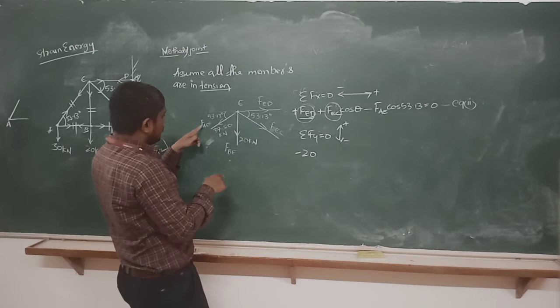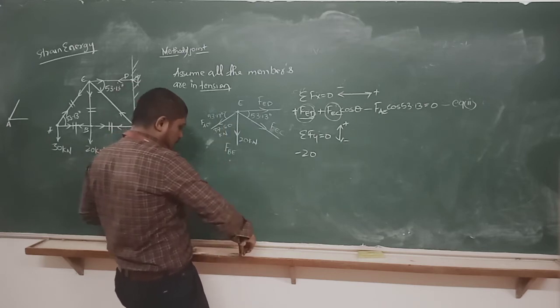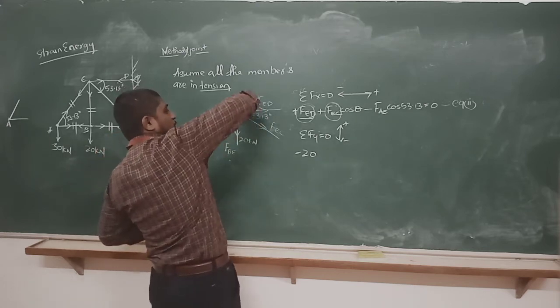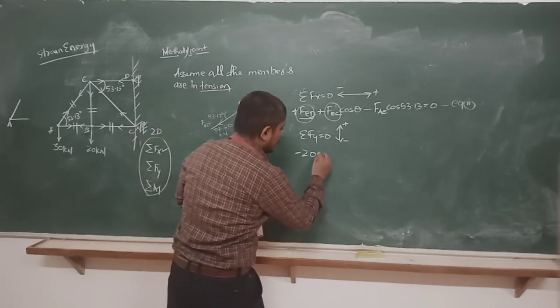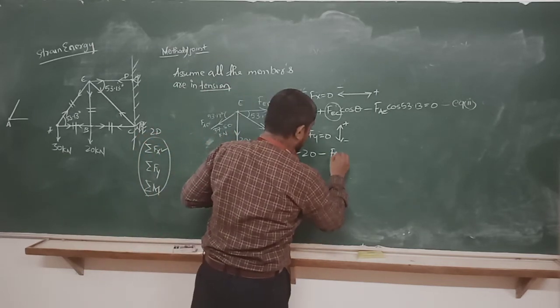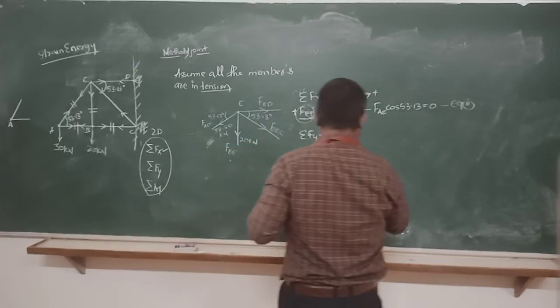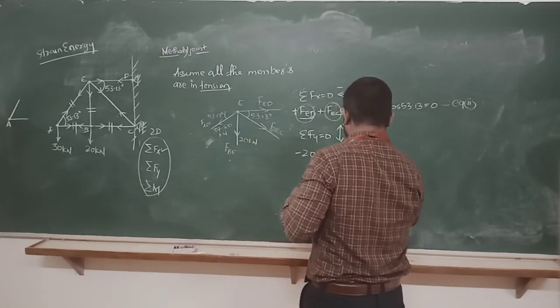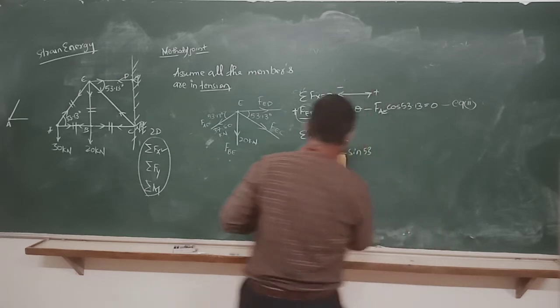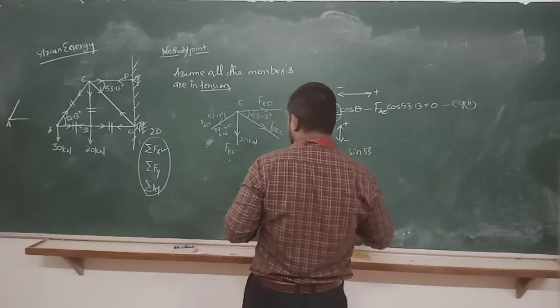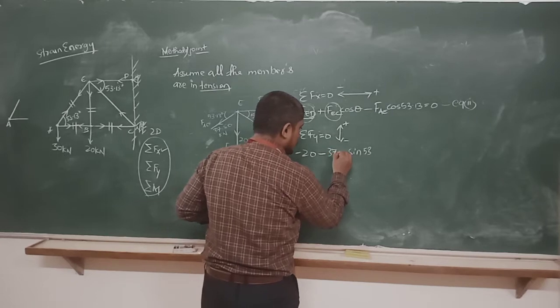This force, when you resolve it vertically, is going away from the theta, so it is sin theta. So downward it is going, FAE sin 53.13. FAE we have already calculated, so I will write that value: 37.50